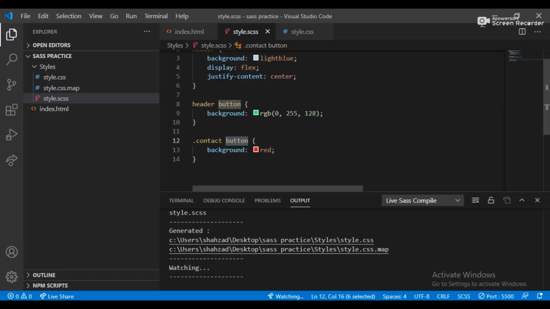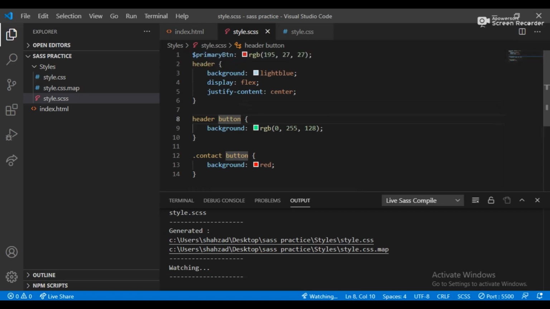So what should we do? We make a single variable for the color and use it anywhere in your file. You define your variable once and you can use it anywhere. If you want a red background color for the button, you can add this red background button into your property.